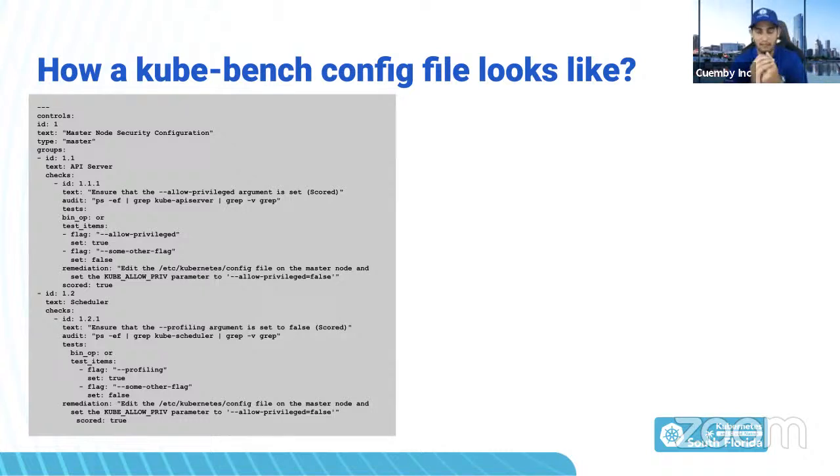So what I mean with this is you could not only use what is provided by default for the CIS, you can actually add your own if you want to. So you can check for specific things that you feel that you need to have as security. And this is actually pretty powerful, because that means that you're not only going to follow the global standards, you can also follow your organizational standards without having to give up the global standards. For example, if you're in an industry that requires X, Y, and Z type of measures, then you can just add those without losing the other ones. So definitely, I want to highlight that, because that's how powerful this tool is.